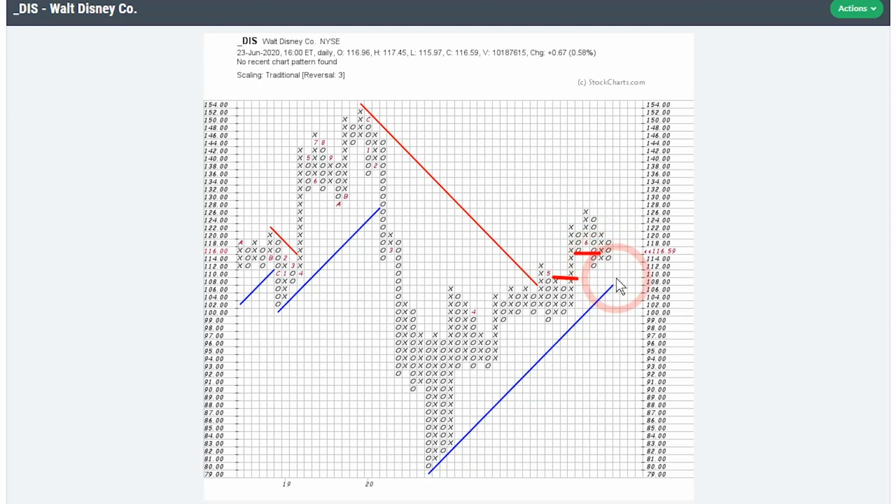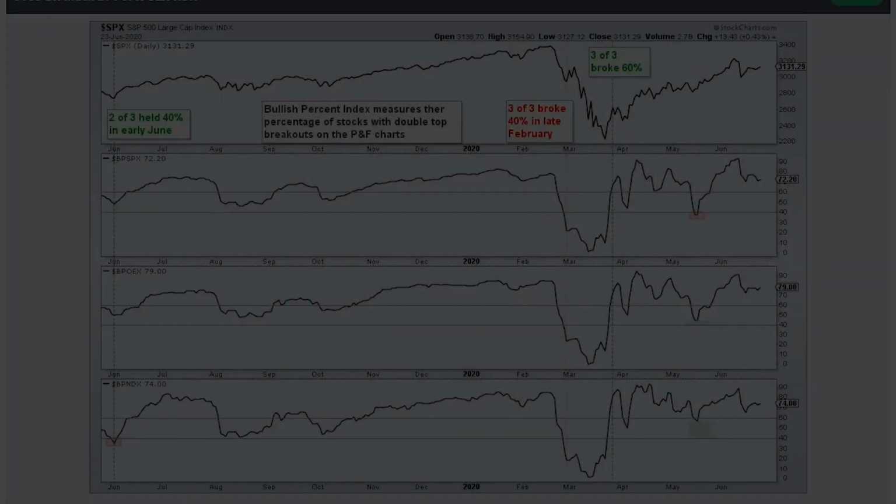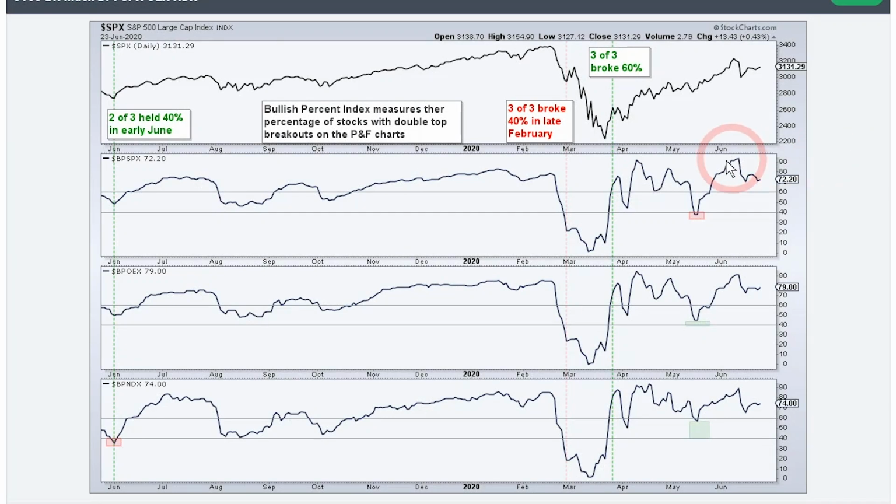So now that you understand how these signals work, let's look at the percentage of stocks in the S&P 500 and then in the respective sectors that are on double top breakouts, higher highs, and the percentage that are on double bottom breakdowns, lower lows. So here's a chart of the S&P 500 with the S&P 500 Bullish Percent Index. And that shows the percentage of stocks that are on double top breakouts,